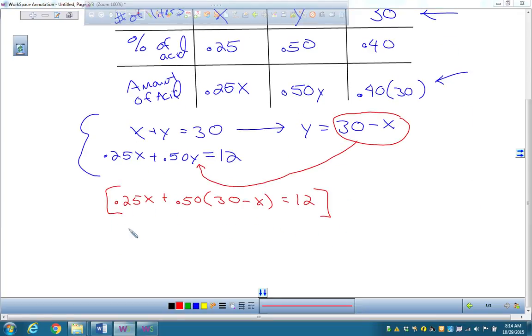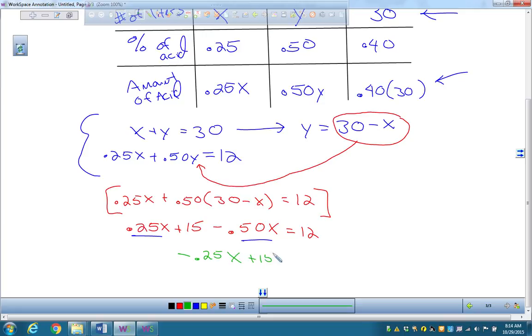So I'm just going to multiply out 0.25x. 0.5 times 30, I believe, gives you 15. Minus 0.5x equals 12. Again, I'm going to combine my like terms. I'm going to end up with negative. That's okay. So I get 0.25 minus 0.5 gives me negative 0.25x